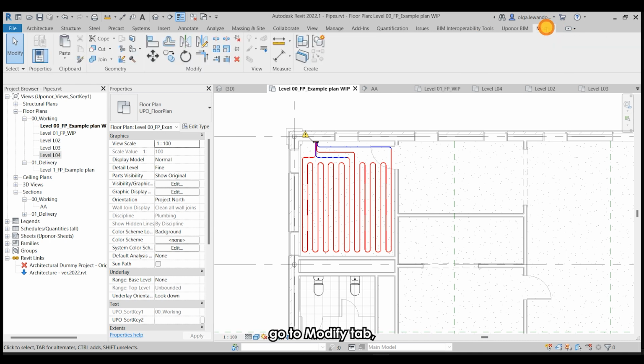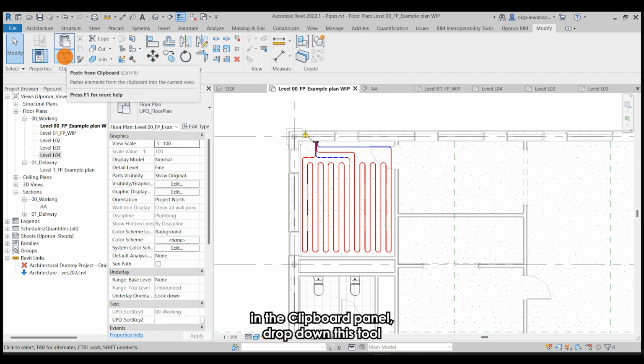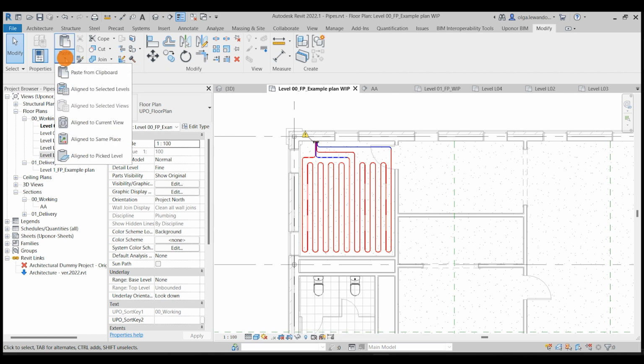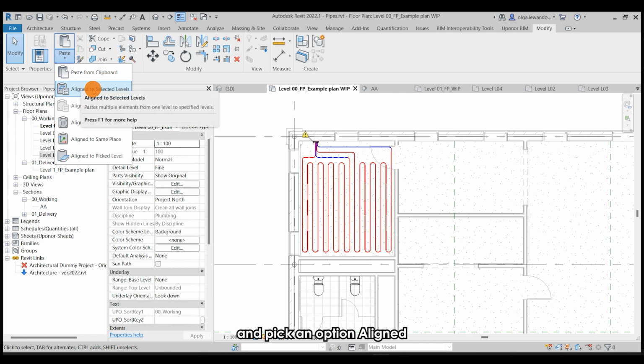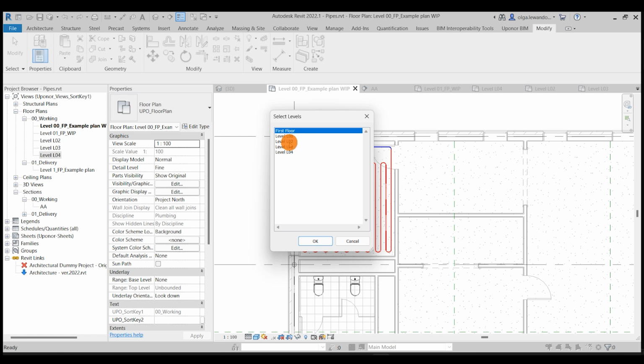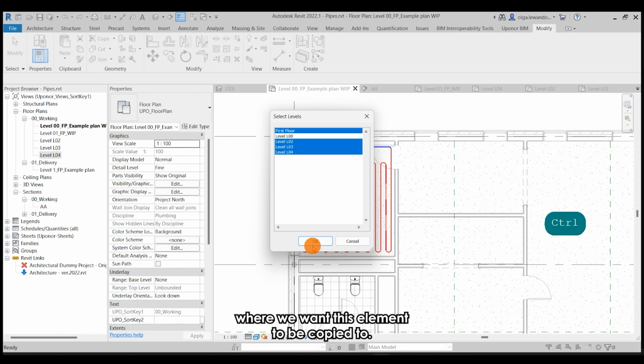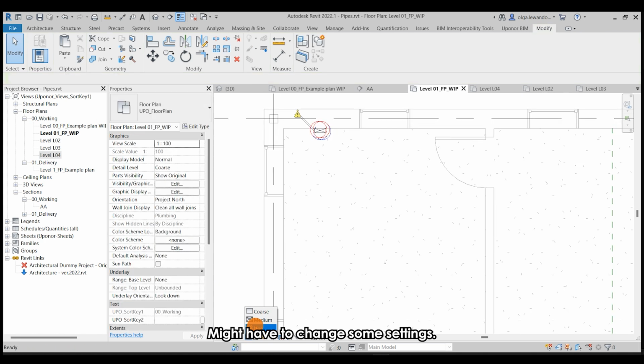deselect, go to the Modify tab. In the Clipboard panel, drop down this tool and pick the option Aligned to Selected Levels. And then we can pick all the other levels where we want this element to be copied to. Might have to change some settings. Actually,